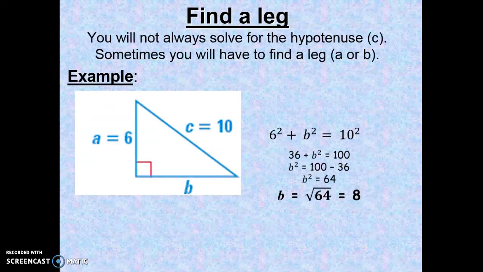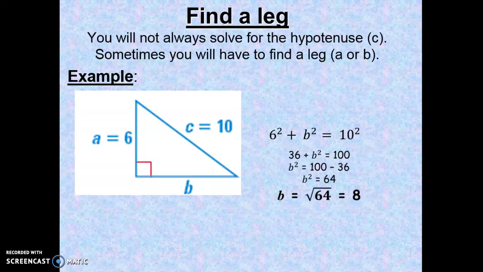All right, what if you're given the hypotenuse, but you have to find the leg? Well, you use the same formula, but you leave one of the legs out of it. So in this case, B is what's missing, and you need to plug in your 6 and your 10 in the right places. That's the really important thing. When you're finding a leg, it's a slightly different thing, and we're going to do some subtraction, as you can see. Now, for those of you who get this really well and don't want to be bothered with all of that, let me just show you